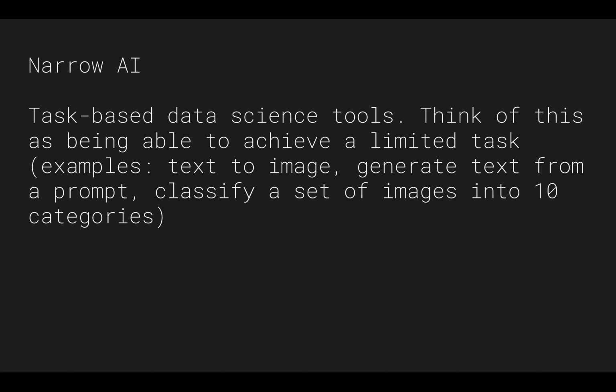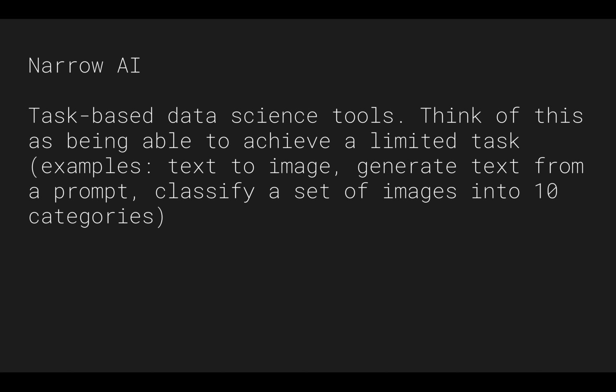And while there are now models that are doing a little bit more in terms of being able to do more than one thing, I think you can still sort of argue that it's actually a bunch of models that tie together to do one thing. So these are limited tasks, right? The idea is that you can enter in a text prompt and get out an image, or you can enter in a text prompt and get out a piece of text,